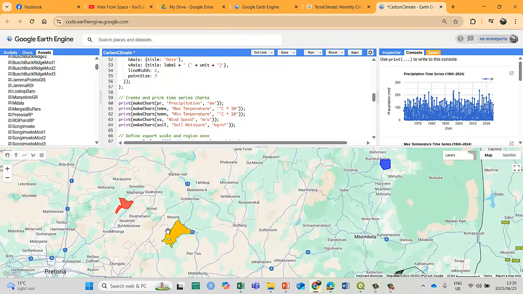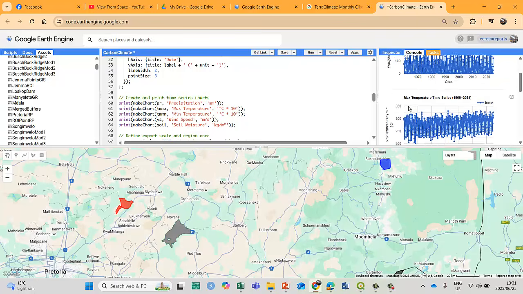So there's a median image. So that gives you a distribution of the variable within the median distribution of our characteristic or attribute for each of the reserves. So meaning where's the coldest, where's the hottest, where's the wettest, where's the driest, etc., for each of these reserves at a particular point in time, which is 1995, wherever the case might be. And then we've created a time series chart for each of those variables for the reserves.